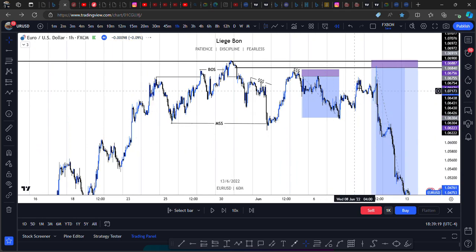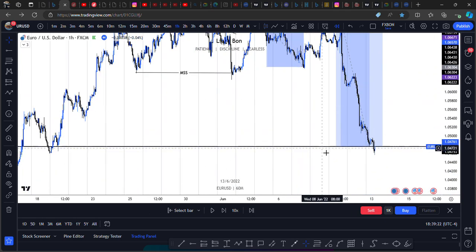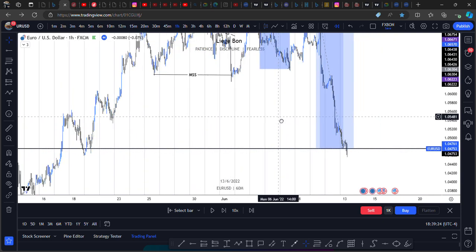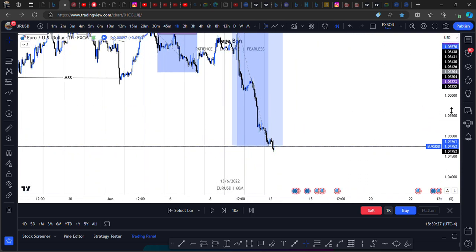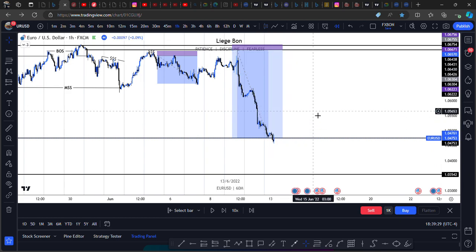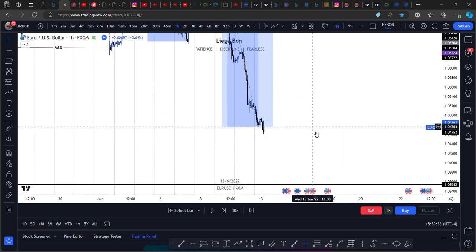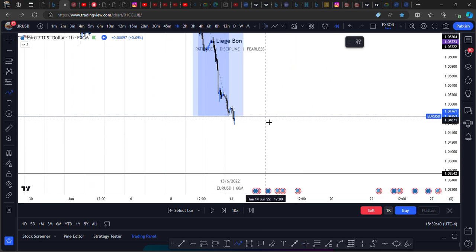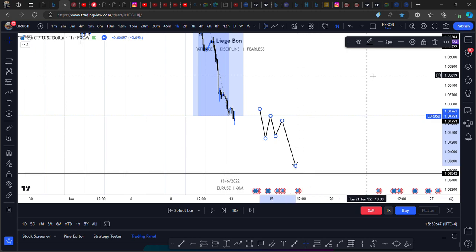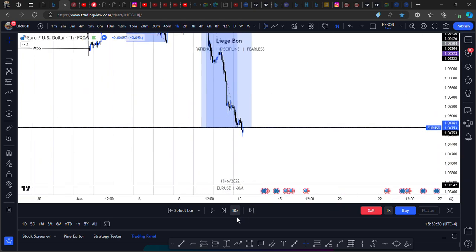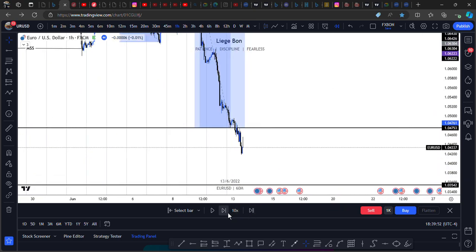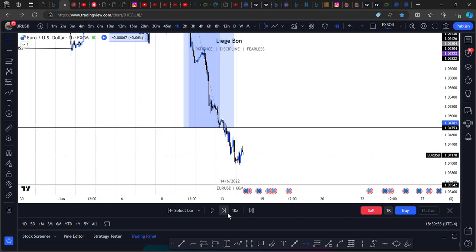As you can see, price has left this point and come back to my trading range. Now, at this point, what can I do here? Right now, I'm still expecting, with this momentum, price to sell. However, before I can sell this, I need to see price trading below this range. And if I see price trading below this range, then I'll sell, targeting this next price. Okay, this is how I trade, and let me add this to the video. Let's see what we have here. So if we play this,